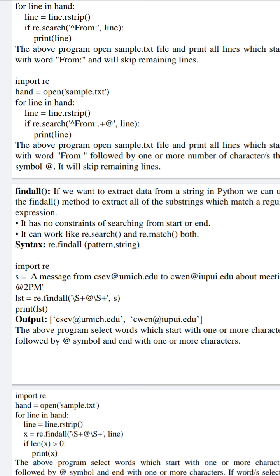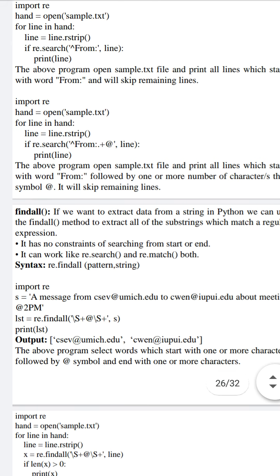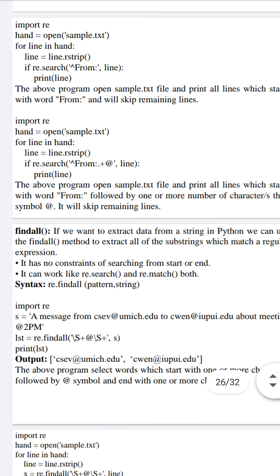Similarly, if you observe the next program, here again I am opening the sample.txt file and performing a line by line read using a for loop. After that I am applying the rstrip function on the read line to remove the new line character, that is \n.